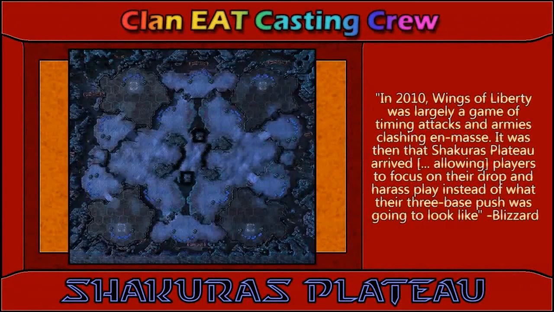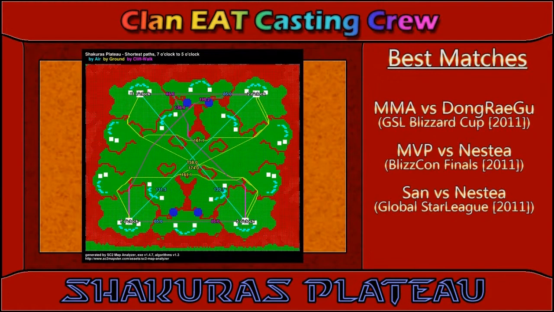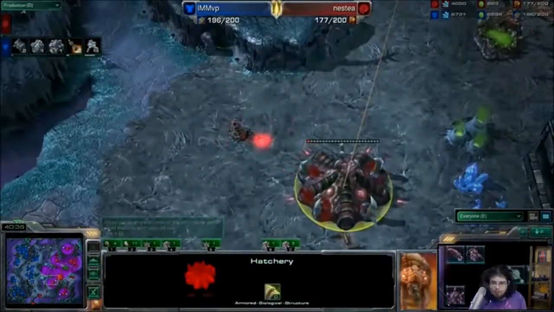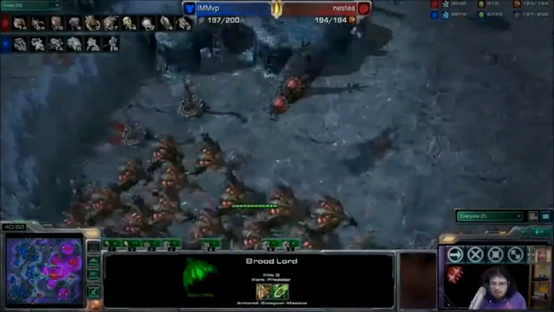Shakuras Plateau is an interesting map. It was originally designed for 2 vs 2, and that kind of explains its structure a little bit, and it's gone through many revisions. It originally replaced Kulas Ravine on the 1v1 ladder in October of 2010. It has 4 corners, each one with their own 3-base cluster, and then 2 contested mineral lines outside of those